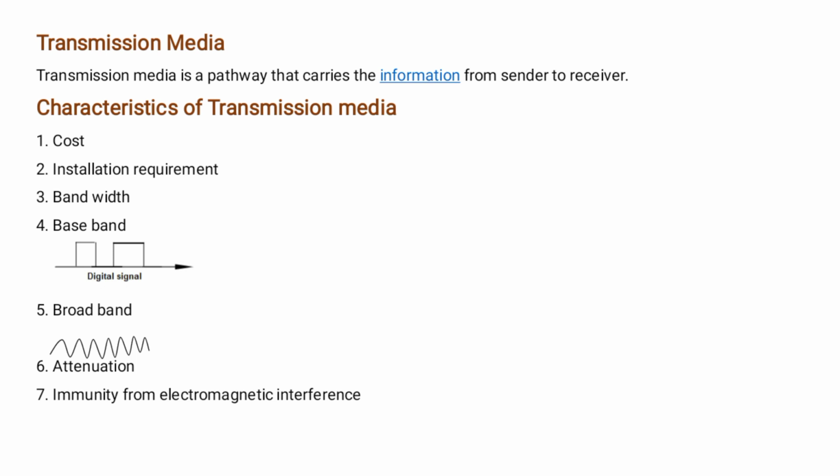Next is bandwidth. Bandwidth is a measure of the capacity of a medium to transmit data. Data transmission rates are the bits that can be transmitted per second. The bandwidth of a cable depends on the length of the cable. A short cable can have greater bandwidth than a long cable. For example, an Ethernet LAN can transmit 10 million bits per